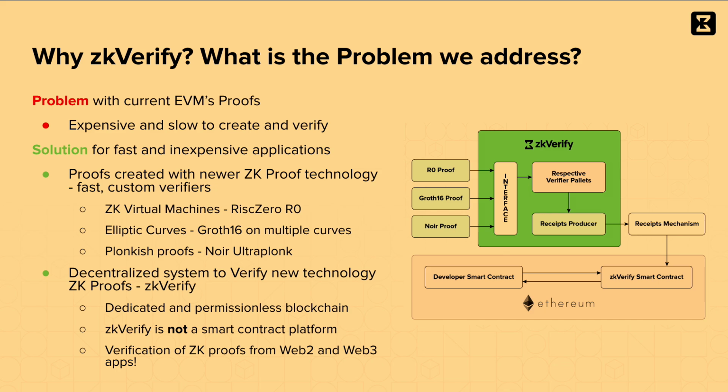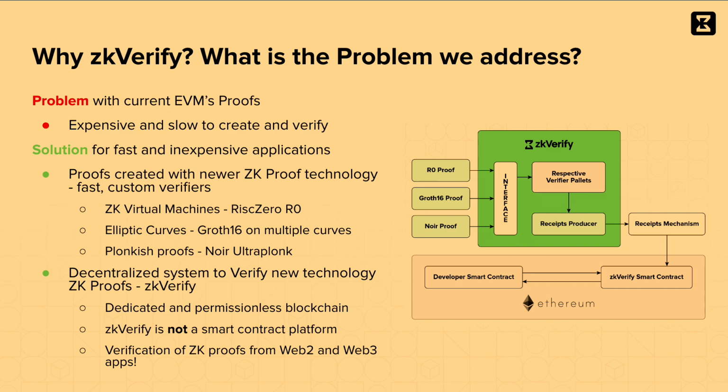And we recognized over the years with this experience that the problem for zero knowledge proofs is they're slow and they're expensive. And I mean, who wants to pay $5 to $10 to do kind of private polling or voting? You need to be able to pay 1 or 2 cents. You need to be able to do it quickly. So that's the specific problem we're addressing. We're making zero knowledge proofs fast and inexpensive.